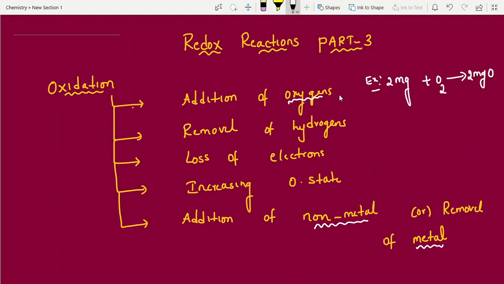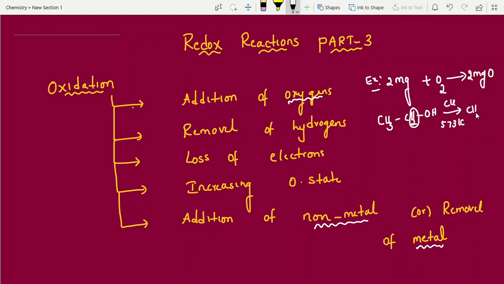Now, addition of oxygen. See, I have added oxygen. Finally, addition of oxygen is nothing but oxidation. Clear? Like that, removal of hydrogen. Removal of hydrogen also. As of now, you are not using it much. Once you enter second year organic chemistry, we will come to know more. To understand, I am giving one example: ethyl alcohol. If you treat ethyl alcohol with copper at 573 Kelvin, we are just removing hydrogen.